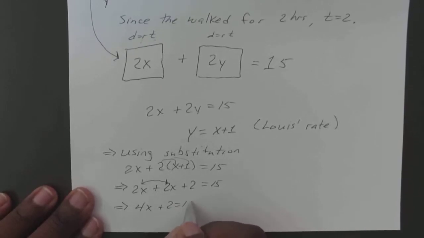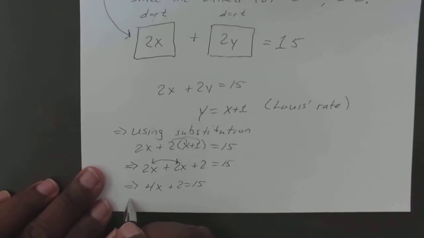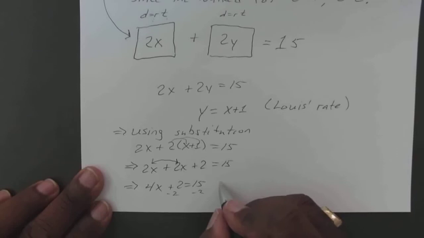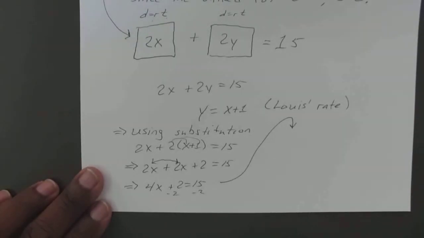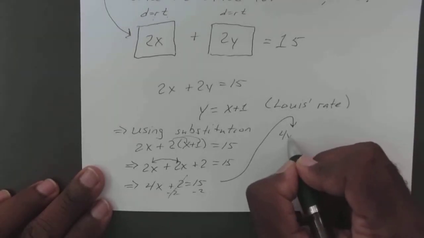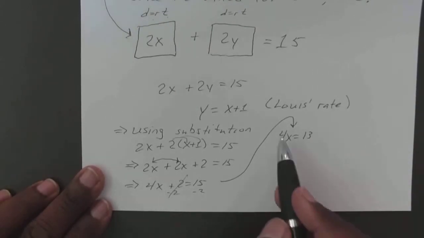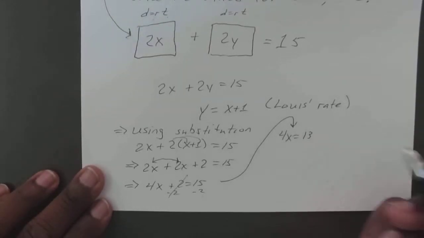Plus 2 equals 15. Okay, so if we subtract 2 from both sides, that disappears, so we have 4x equals 15 minus 2, which is 13. Okay, so if we divide both sides by 4,